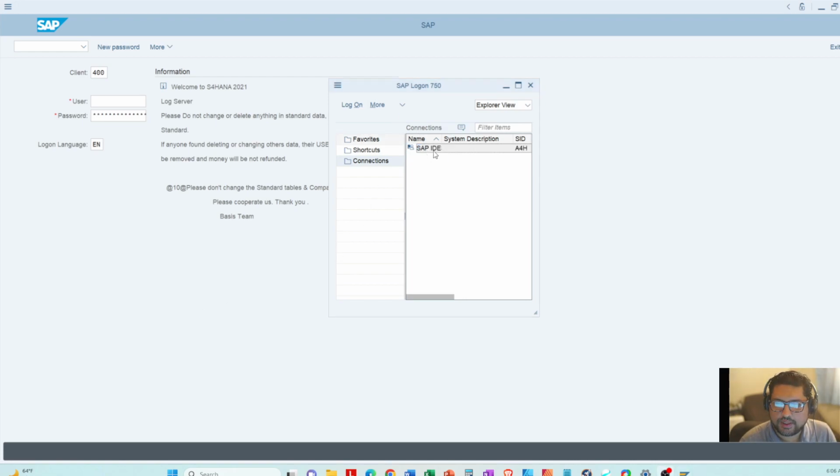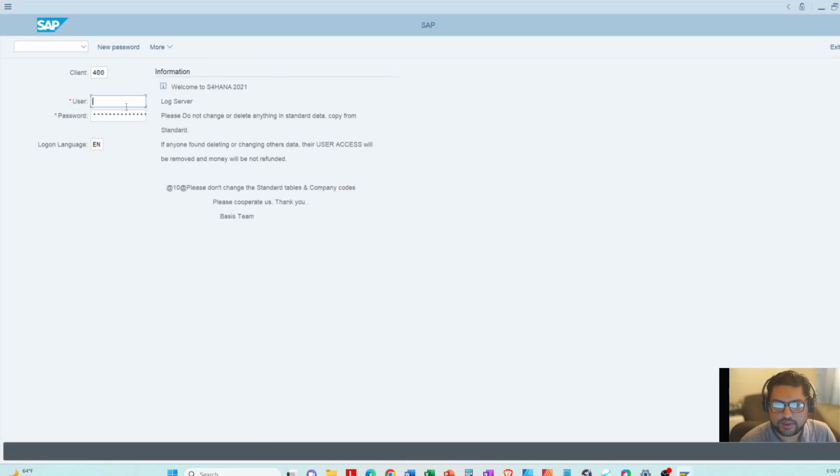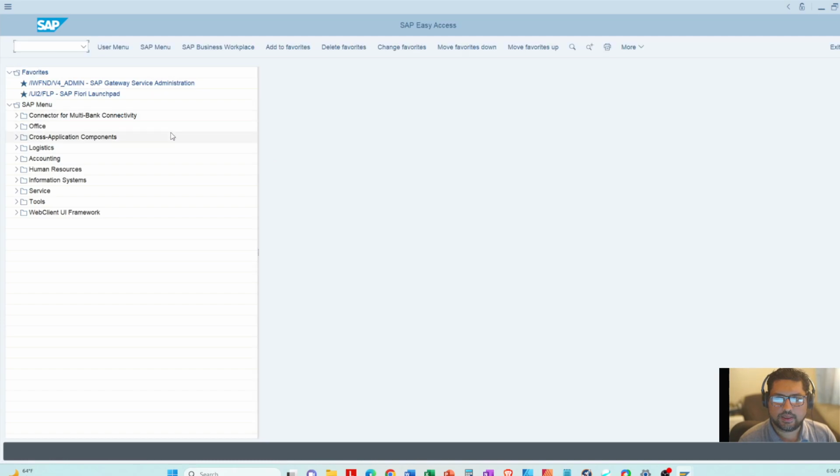So let's connect to SAP, and here we are. I'm just going to use my login ID, and here we are in the SAP Easy Access menu. That is the name of the screen when you log on to your system. Here are some favorites, and there's the SAP menu where you can go to different areas, for example logistics, accounting, human resources,